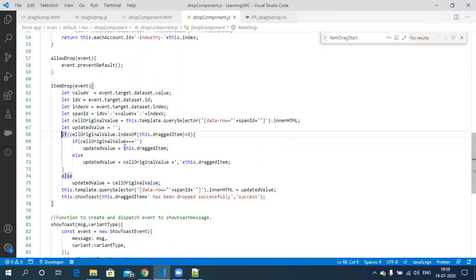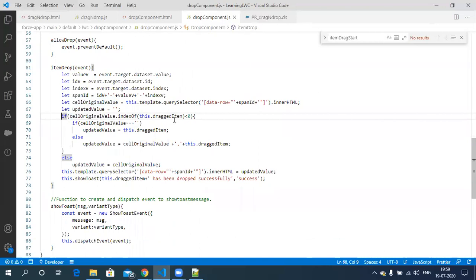There is an if-else: if the cell original value is not there, what do we do, and if it is already there, what do we do? If a value is already there, the updated value will be assigned based on the cell original value. Otherwise we make the update value, which should be the dragged item if no value is there already.